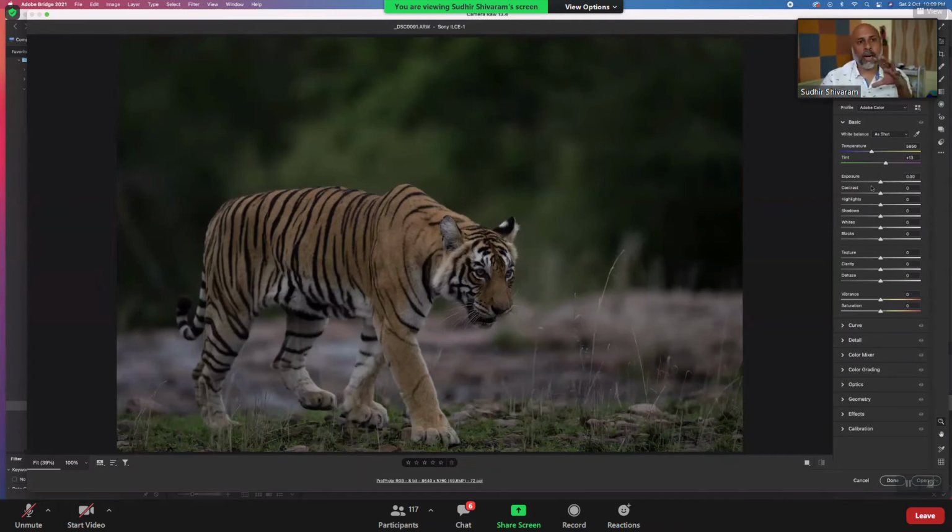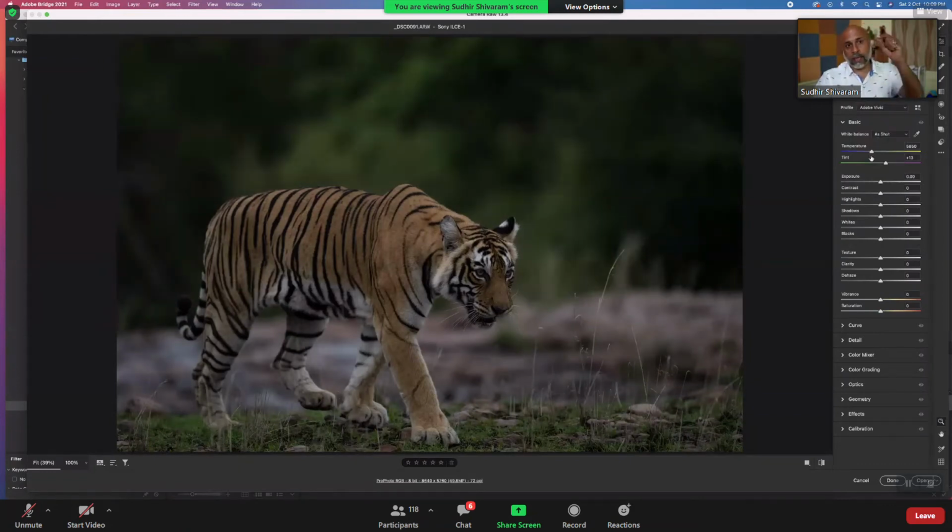On the right side are all the very, very basic adjustments that I do. Let me show you. The first thing is I study the image and try to visualize how the original scene was, then get it close to that and improvise a little bit. The first thing I do is change the profile to Adobe Vivid because it gives you a little better color and contrast.